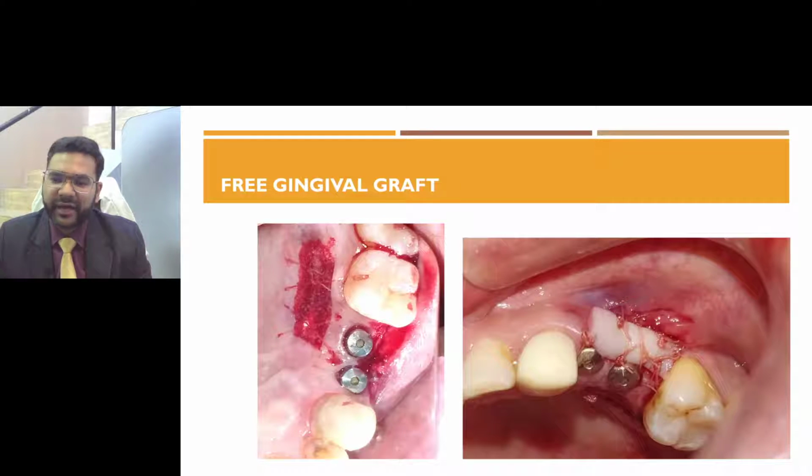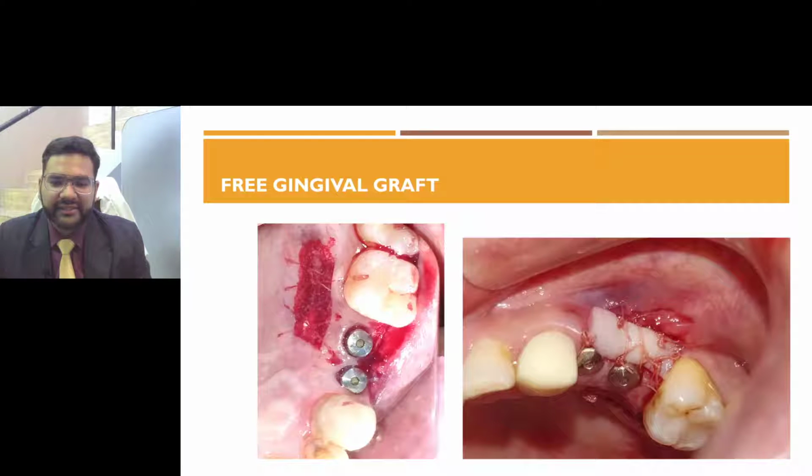The next step is to harvest a large enough, adequate thickness free gingival graft. So we have taken the graft from the same side, the left side of the palate, and then we have sutured it with a cross mattress suture. This is nothing but Abgel, which is placed to control the bleeding, and then the free gingival graft is nicely immobilized, which was the second point. Immobilization should be very precise. We have used rapid Vicryl 5-0 sutures here to immobilize and adapt the graft.